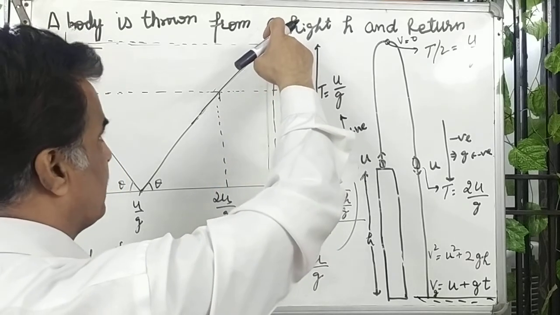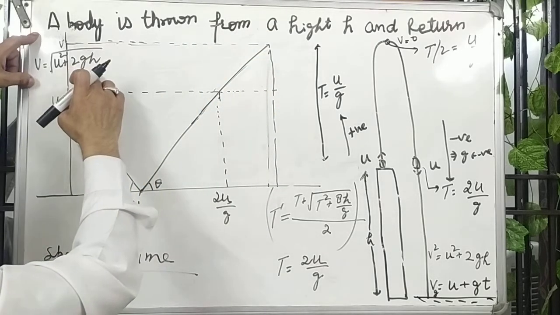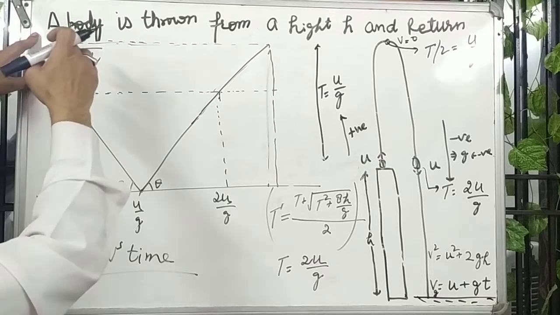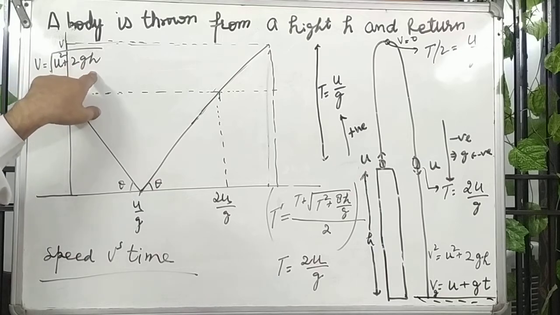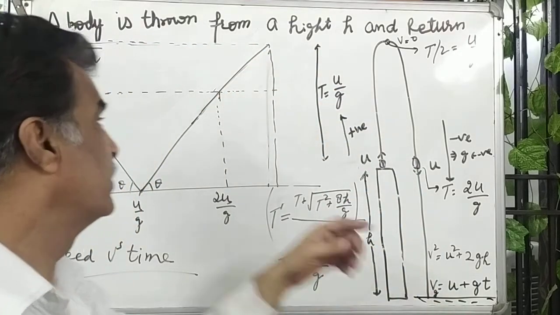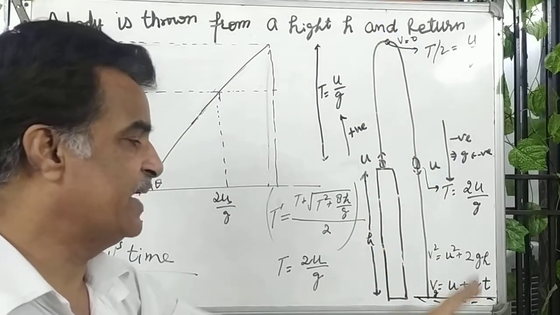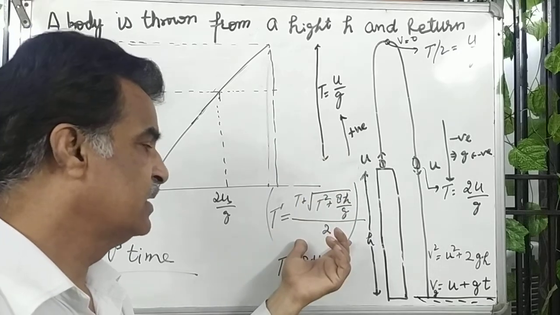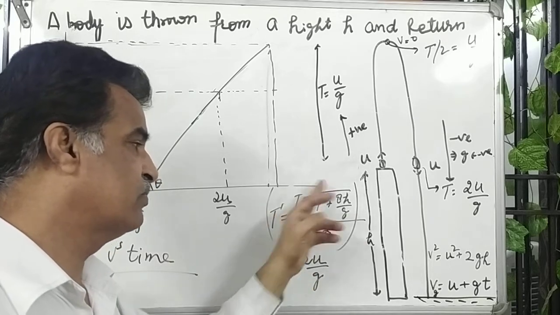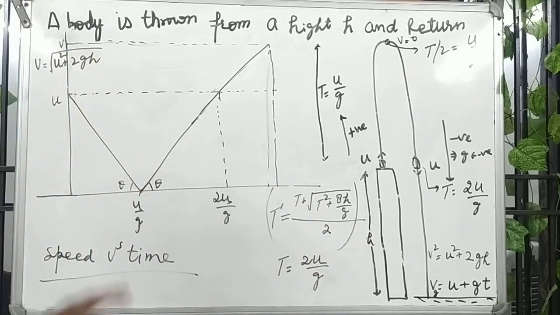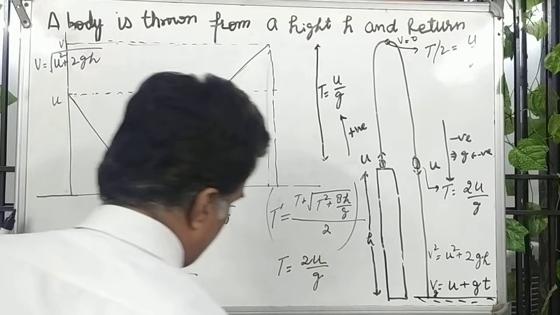At this point, the speed is root of u squared plus 2gs. I received this from v squared equals u squared plus twice as. By this equation you have got the maximum velocity at the ground. The time through the whole flight, we have derived it, T equals twice u upon g. This is the total time, and this is the speed time graph. In case you have any doubt, please clear it with me.